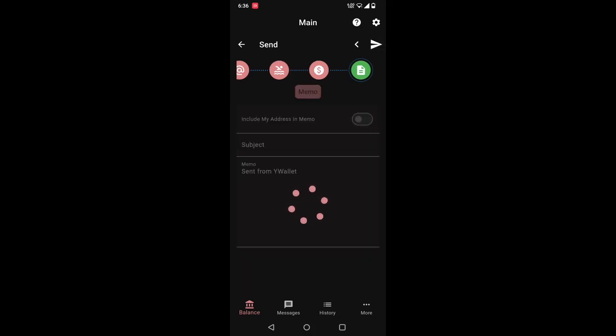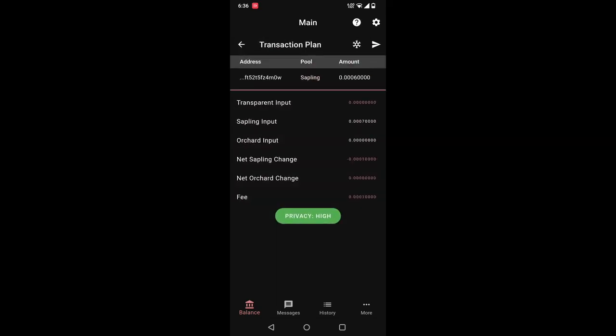to formalize the transaction. It shows me a summary of what's going to happen. So in fact, in this transaction, it's going to send 0.6 millisec instead of 0.7 because the transaction fee is 0.1 and it has been calculated based on the shape of the transaction. This is a sapling to sapling transaction. Okay, so now I press the